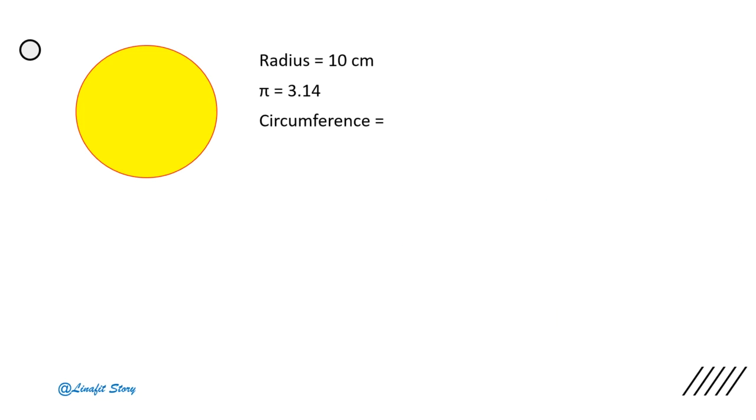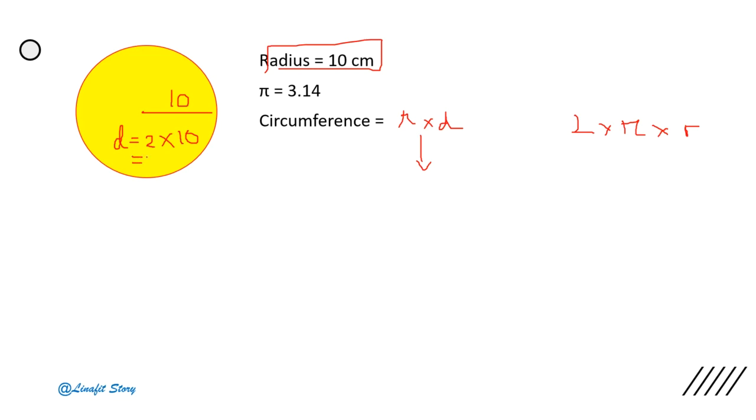The radius of a circle is 10 cm. If pi equals 3.14, find its circumference. Remember the formula? Pi times diameter, or 2 times pi times radius. If you want to choose pi times diameter, don't forget, if the radius equals 10 cm, what is its diameter? So the diameter equals 2 times 10, which equals 20. So pi times diameter,